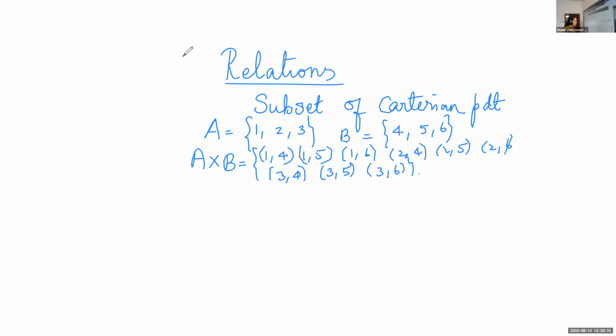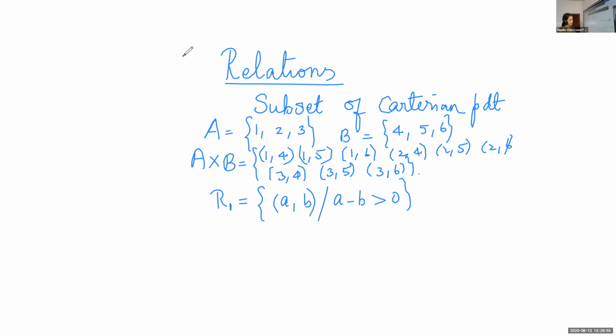Now listen, I'm going to define a relation R. R is equal to, I'm going to select only those elements (a, b) such that a minus b is greater than 0. Listen, I'm defining a relation. For the time being, let me denote this as R1. What is R1? Set of all ordered pairs (a, b), where first element minus second element is greater than 0.